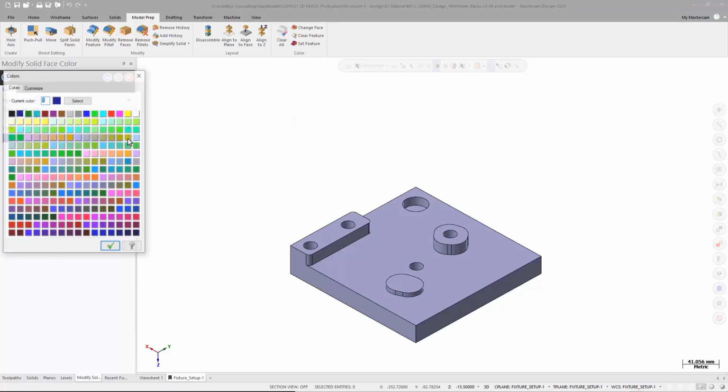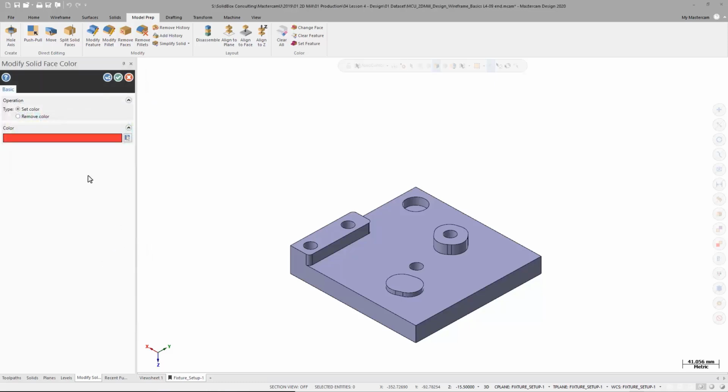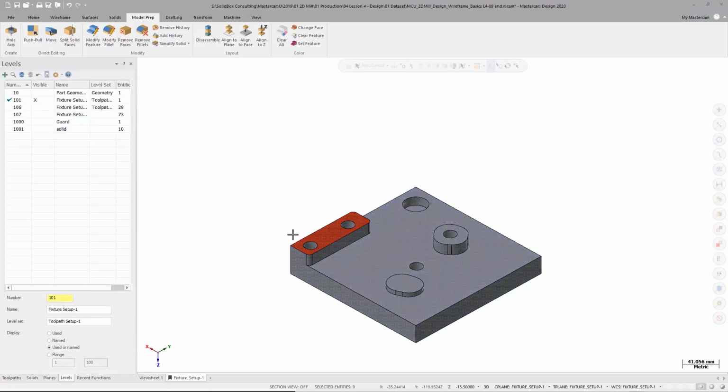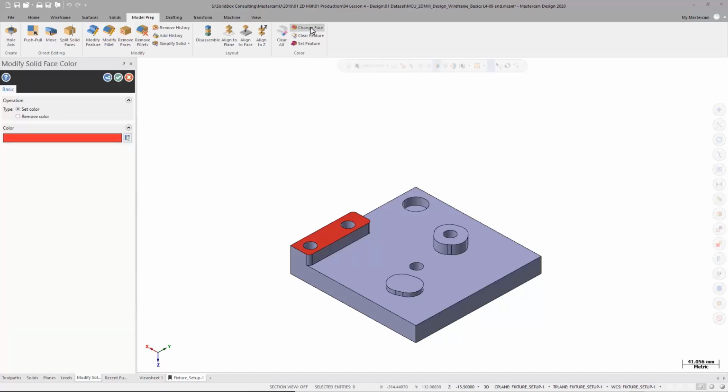So to do this, I'm going to start by selecting the color I want, and it's important that we identify the color and color number. So you see here that we have 176, 177, 178, and so on. As I go down this line, these increment by 1 each time. So I'm going to make sure that I understand I'm starting at 176 in this case and moving my way up the scale. So for the first feature, I'm going to use that 176, and I'm going to use this as a facing operation. So I'm going to select this top face,